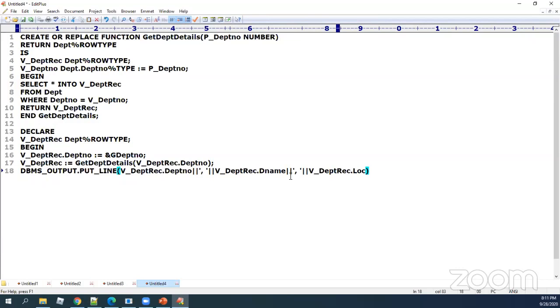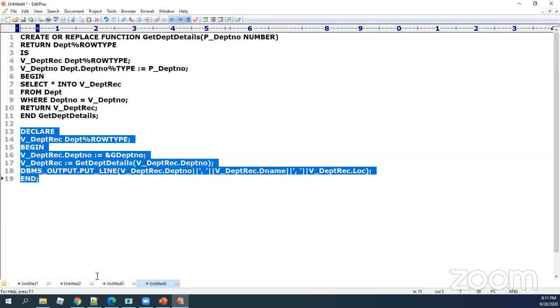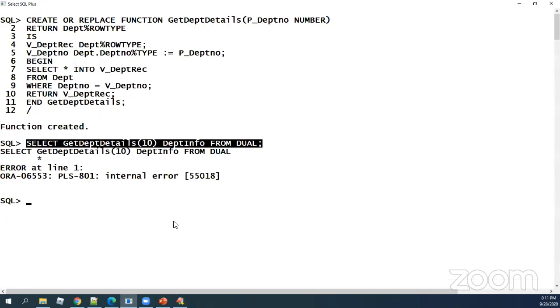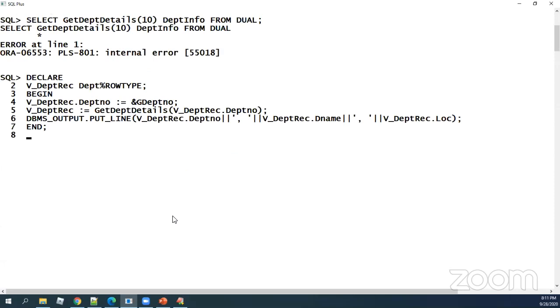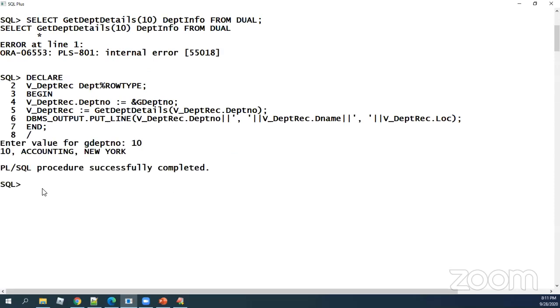I think all this kind of activities we have already done previously. Then I'm just trying to say end. And we are working with this. So I said 10 is returning me that record type now.